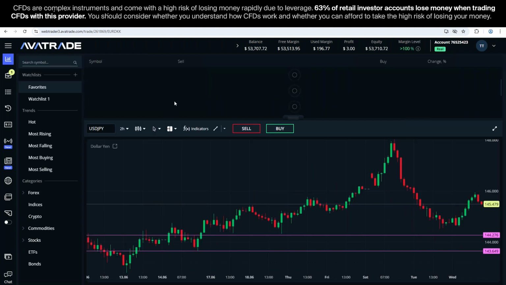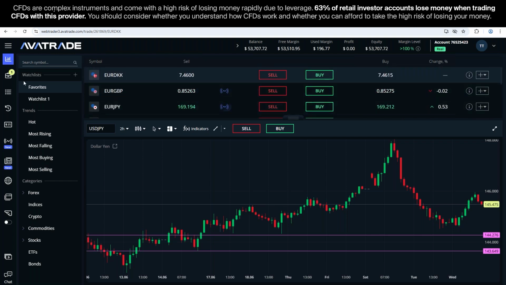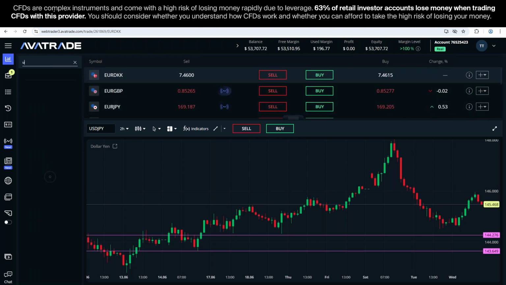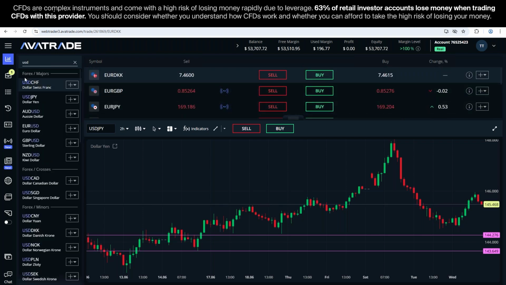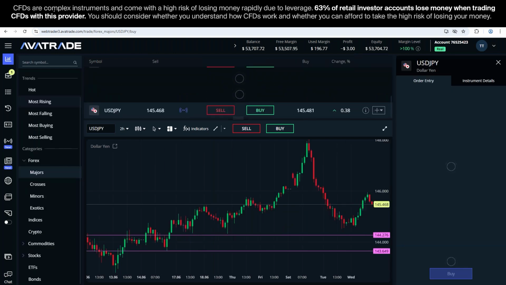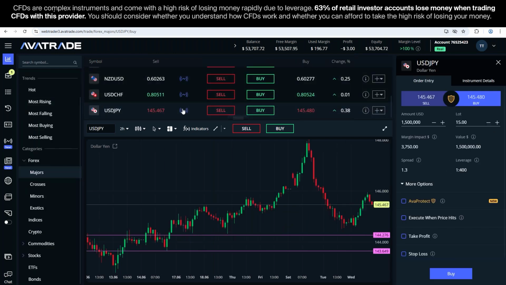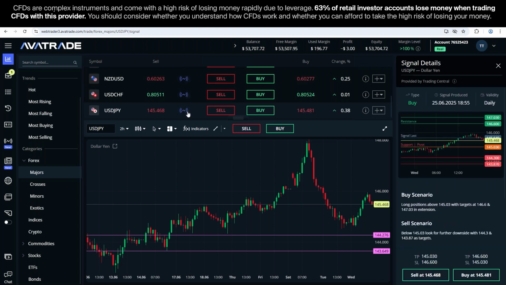Okay, so if we want to find USD JPY in the signals, there's a live signal here on USD JPY, so we can see the technical setup, and indeed it's a buy. So when you go through in your mind the rationale to say, okay, I believe fundamentally